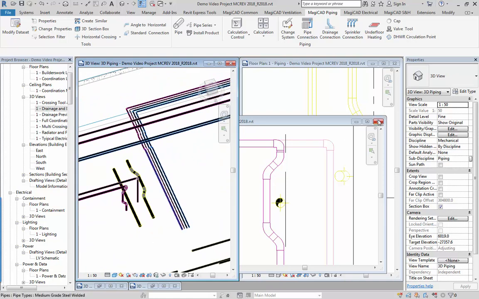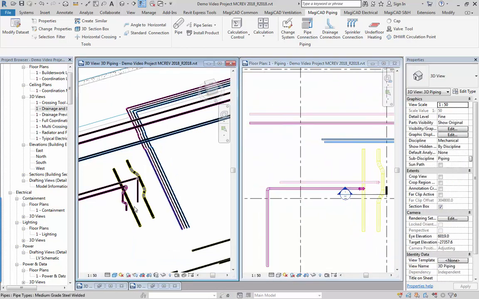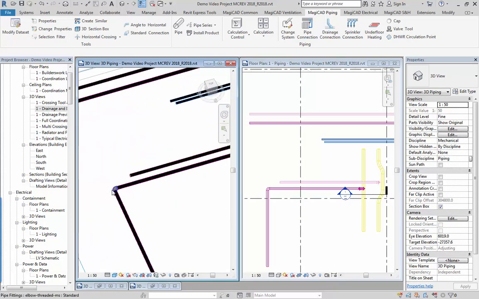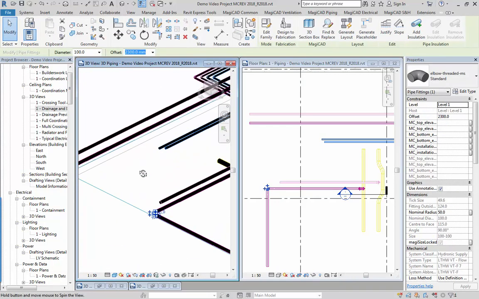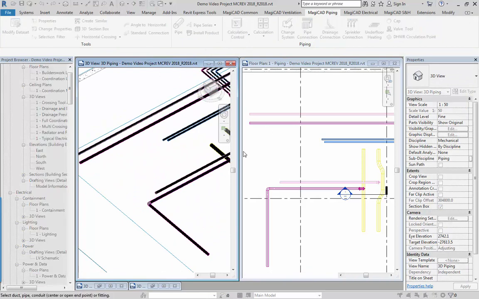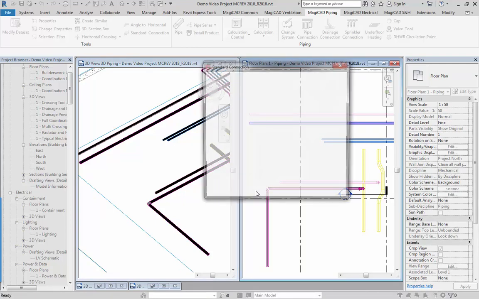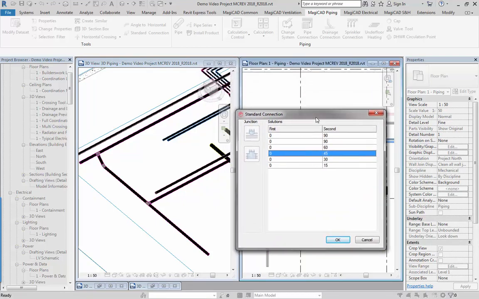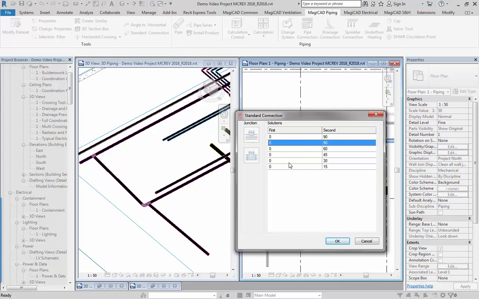The next tool I want to look at is the standard connection tool. So you can see here we've got a bend that wants to connect into a pipe here. There are different offsets you can see, so quite awkward really. If we press the standard connection, we can click on the bend itself, click on the pipe I want to connect into. Actually what it does, you can see it creates a T-piece out of the bend and then puts an angled connection on